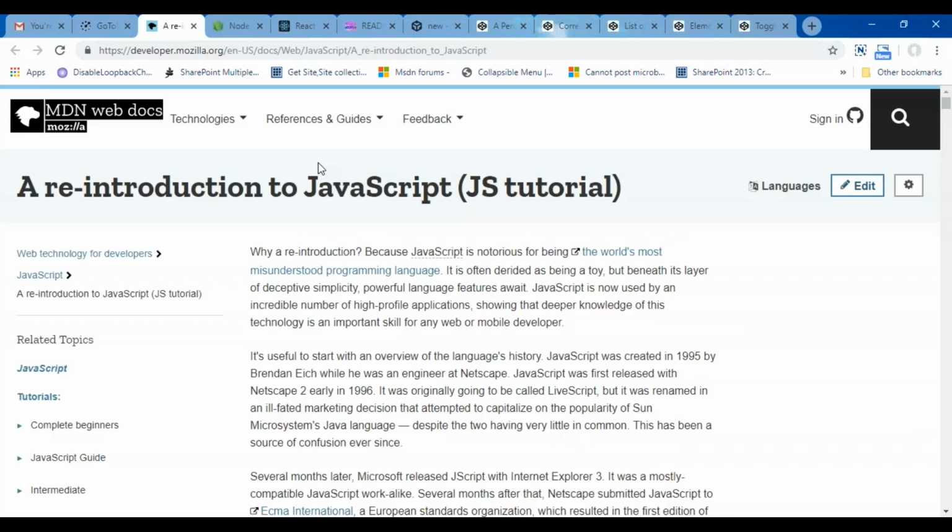At the same time, for beginners learning JavaScript, this is a very good URL. I would recommend it. It allows you to understand complete JavaScript. From here, you can learn JavaScript if you are a beginner and you want to learn React.js concepts. Okay, so let's get started.